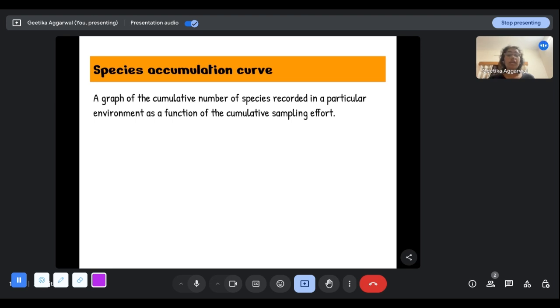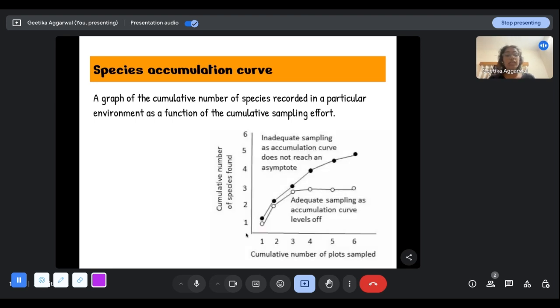as a function of the cumulative sampling effort. So on the x-axis, you have the cumulative sampling effort. Here it is the cumulative number of plots that were sampled. On the y-axis, you have the cumulative number of species found. So if in the first plot you sampled you saw one species, so you put one. Then if